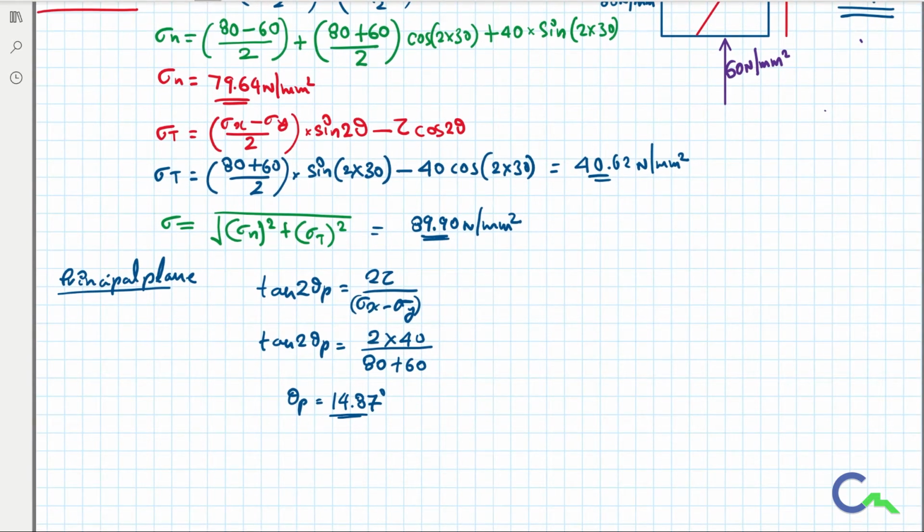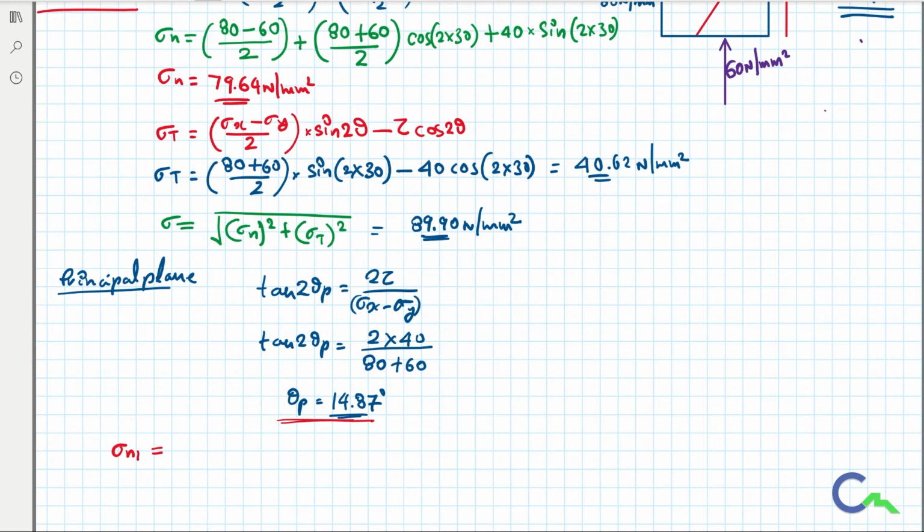So now we have to find principal stresses. So as we know, on the principal plane there is no shear stress. So shear stress in the principal plane is 0. Therefore I have to find two normal stresses, that is major principal stress and minor principal stress. To find the first normal stress, I will take it as sigma n1. I will take theta p is equal to